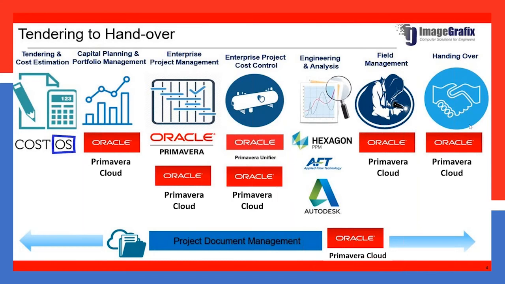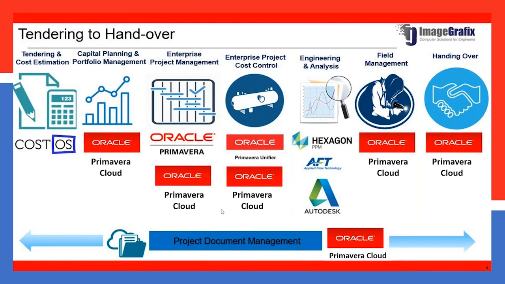Typically it's going to manage your time, within which period you can complete your project. If you would like to do cost control, then the enterprise cost control module, Primavera Unifier, is going to be helpful in order to do the same. Primavera Unifier helps you take care of the complete project cost control and the project deliverables. It has an interface with the Primavera basics, so that you can take the data and manage both time as well as cost based on this particular product.